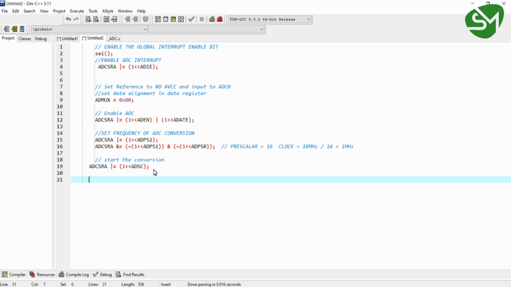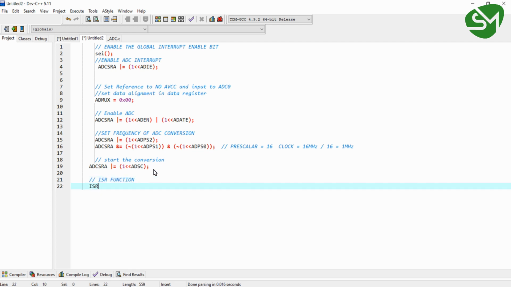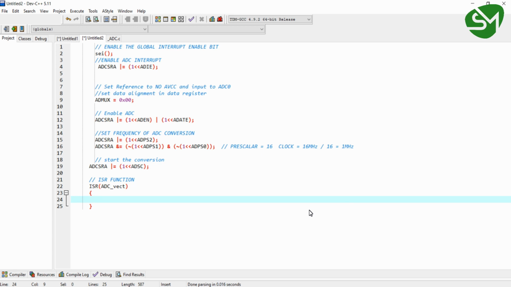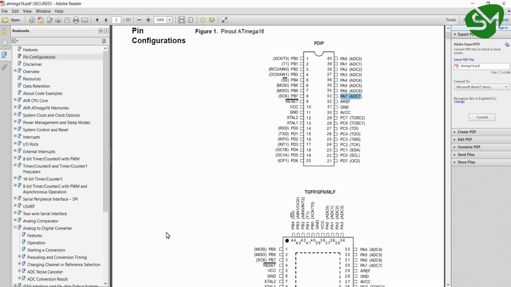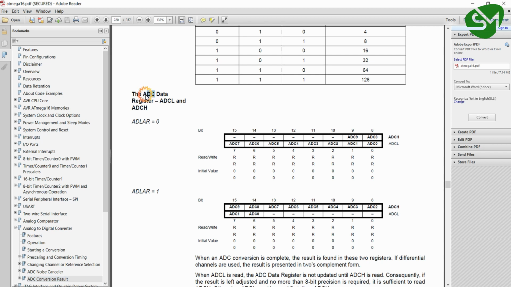After that, we also want to implement the ISR function. The ISR function for ADC is nothing but ADC underscore vect. This is the ISR function, and the data that we want to fetch from the ADC module will be available in the register called ADC.